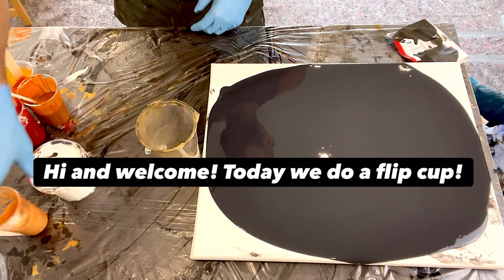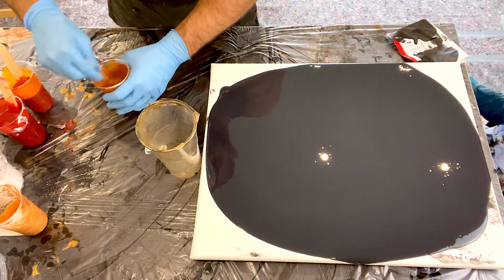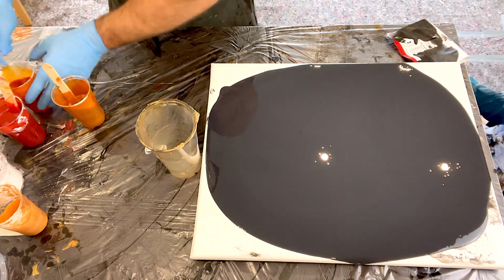Gold cell activator and a white cell activator, and then we will be working, but I will show you. So